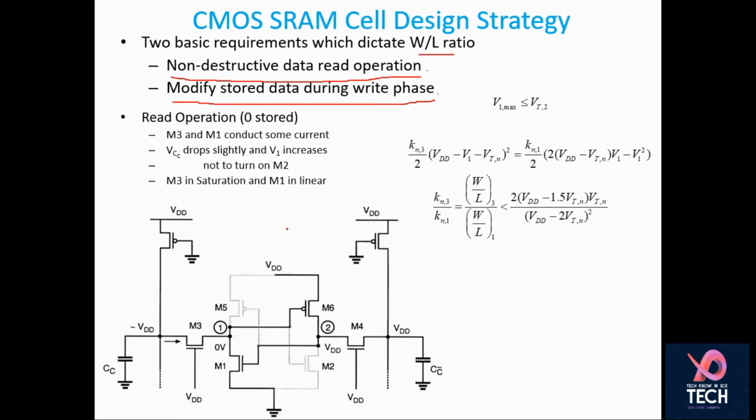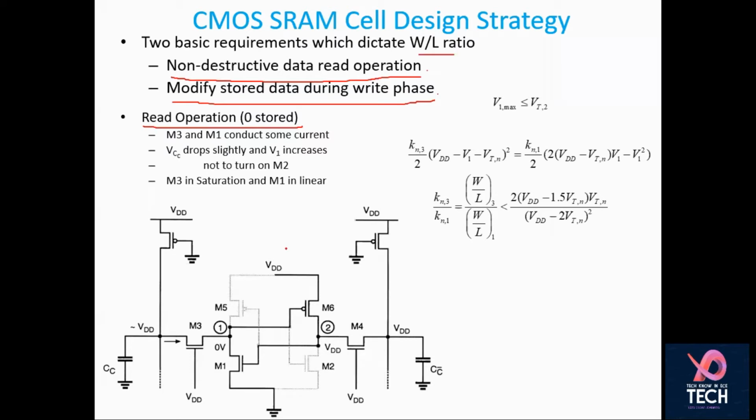So now here you can see that we are going towards the read operation when 0 is stored. When 0 is stored here, we know that these are the pre-charged lines. So 0 is stored at this particular node, and this is actually acting as input for this. That means this is 0, so this is on and this is off. Simultaneously, the output of this is going to 1, so 1 is actually acting as input of this. So M1 is on, M6 is on, while M5 and M2 are off.